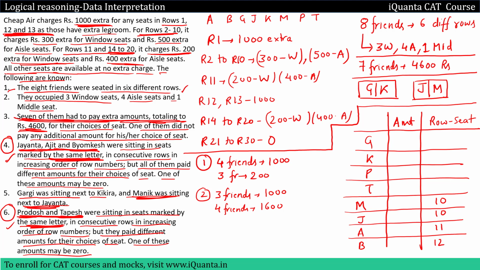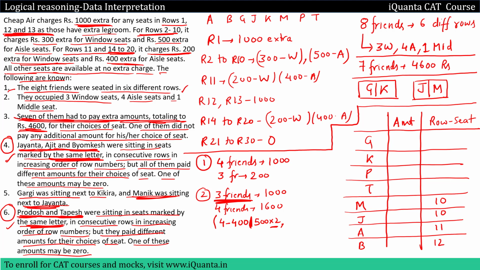So what are the possible ways to have a total of 1600? Total of 1600 can be made when 4 friends are paying 400 each. So I'll write down over here, 4 will pay 400 each. This is one case. Another case can be 500 is paid by 2 people, and how much amount is left now? 600 is left. So 600 can be paid. How many friends have paid in this case? 3 friends have paid 1000, 2 have paid 500, so 5.